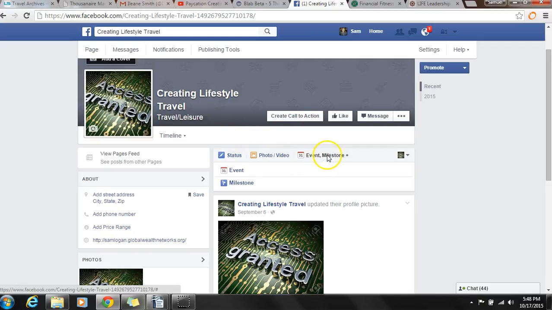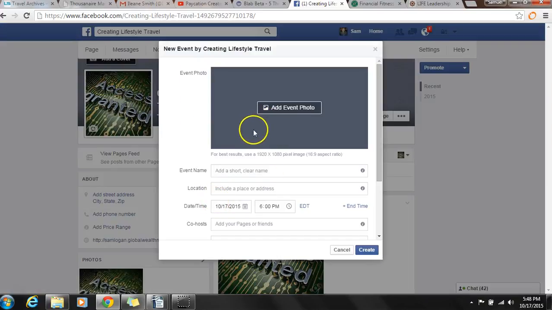So you go to the event, click on event, milestone, and basically what you're doing is you're adding an event inside your fan page, so you're hosting the event. So click on that event. Boom, there it is. Now this is the creating format that you're going to be using to add your photo, create your event name. The location is global, and the time is the next